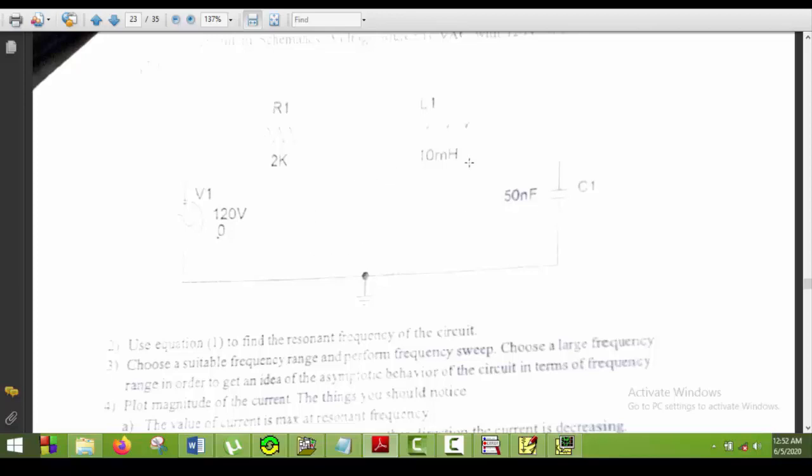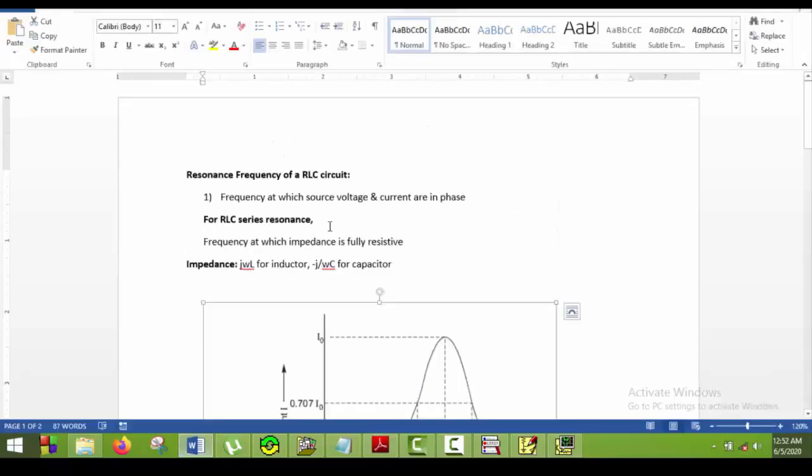As we know, reactive impedance, that means the capacitive impedance and the inductive impedance, both depend on frequency. So as frequency changes, both of their values change. At a certain frequency, both of these values actually null each other out, so we are left with only resistive impedance in the circuit. That frequency is called resonance frequency. And as the impedance is resistive, the source voltage and source current get in phase. I hope I am clear to you all about resonance frequency.